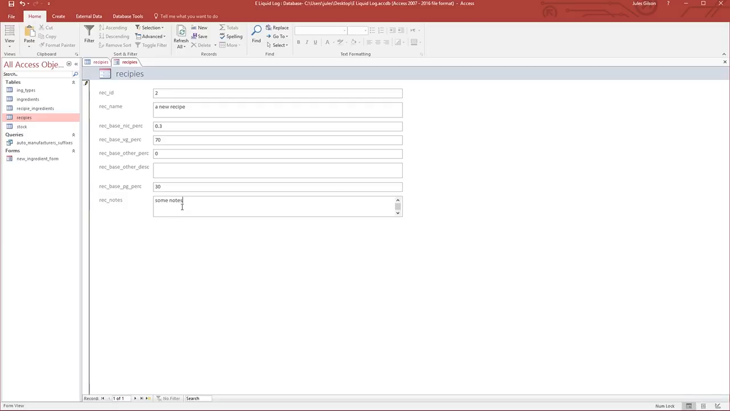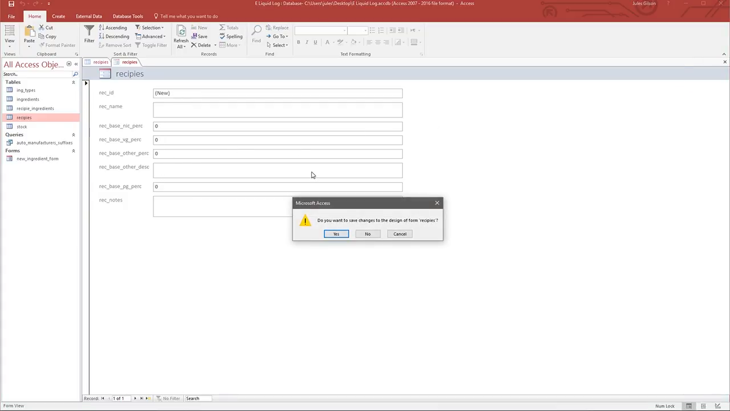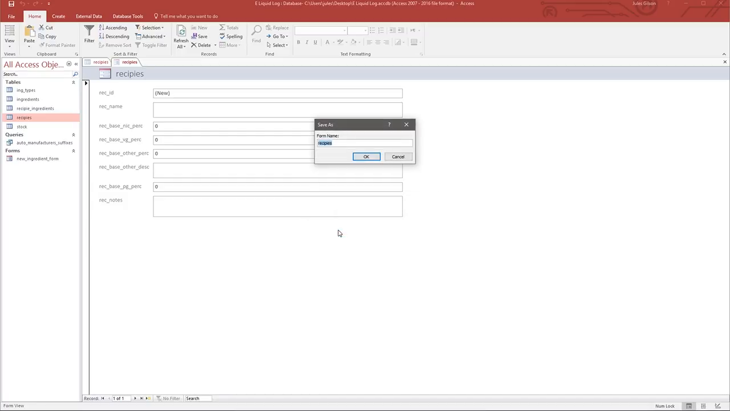But you'll notice there's a slight issue here. We've got nowhere to actually enter the flavors. We've said how much nic we want, how much VG we want, how much PG we want, but we haven't specified anywhere exactly what they're going to be, what ingredients we're going to use, what flavorings we're going to use. So let's undo this a minute and we'll close it and save it as a recipe